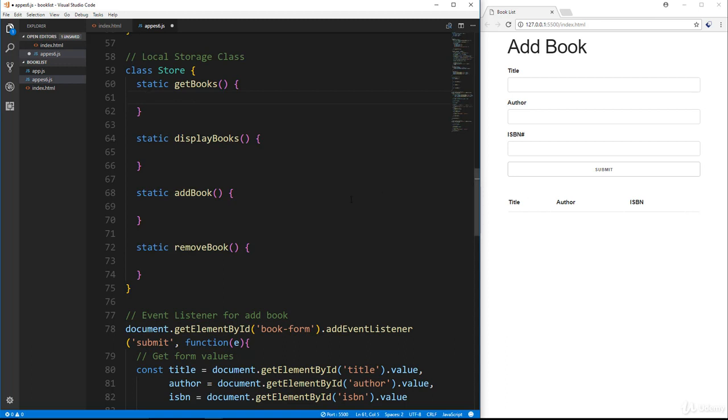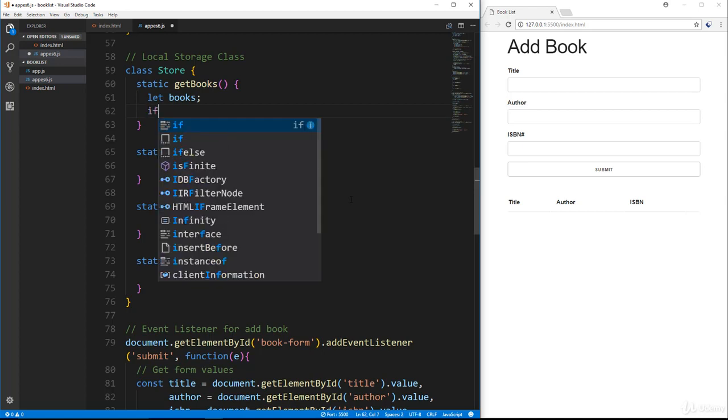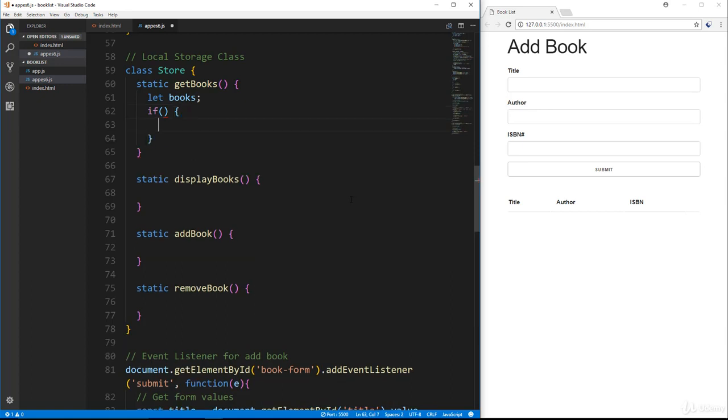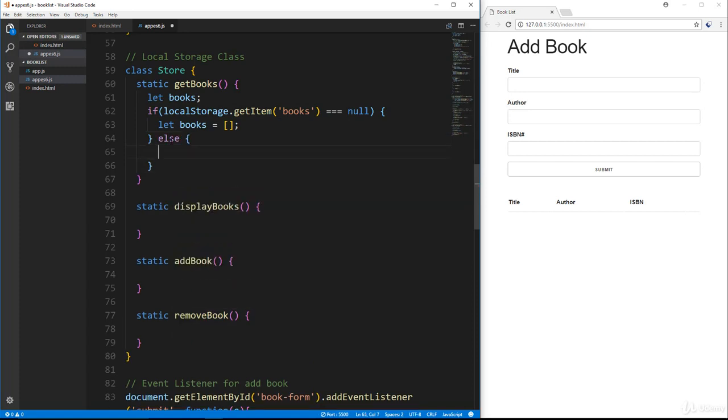So right up here, we're going to initialize a variable called books, a local variable, and then we're going to check local storage. So we're going to say if localStorage.getItem, and the item is going to be called books, if it's equal to null, that means it's not there. So let's say let books equals an empty array. Else, then books,